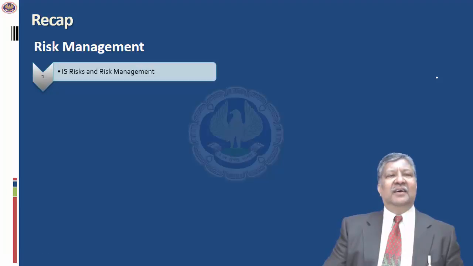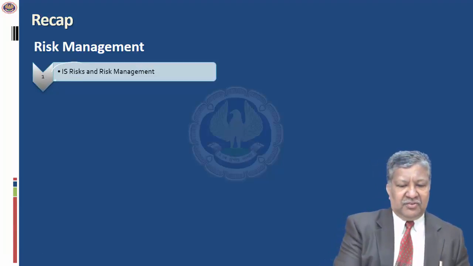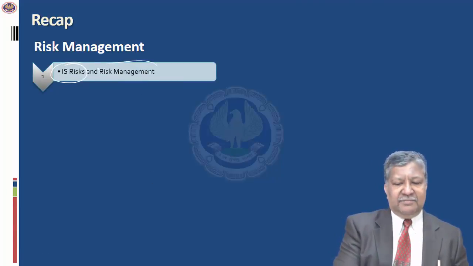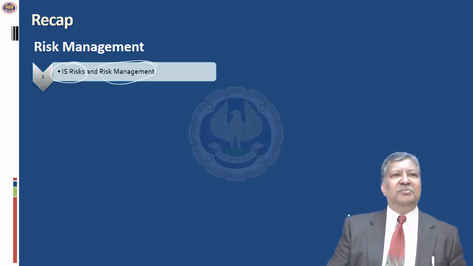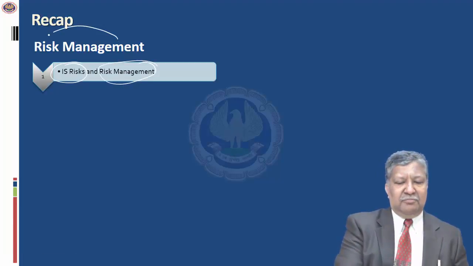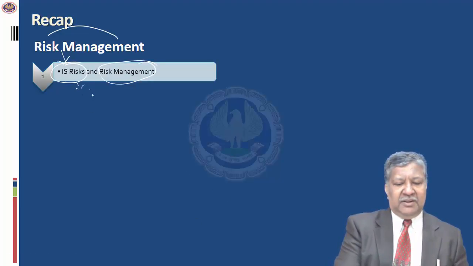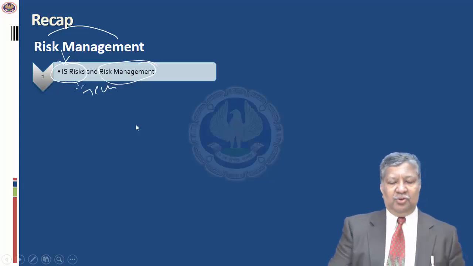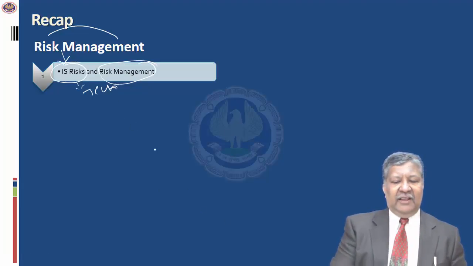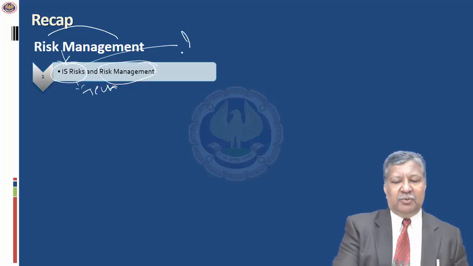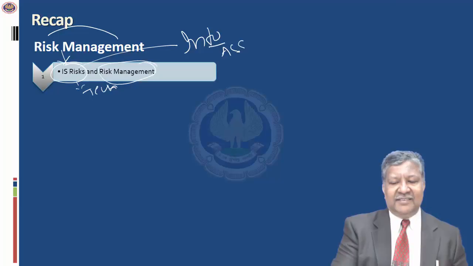So we're looking at information system risks and the risk management which has to be done. Fundamentally, risk management is about managing the risks. And here we are looking at information system risks. Information systems are implemented using technology, so you need to understand technology. Information systems primarily provide information, and this information uses information assets. Now these assets could be tangible, they could be intangible.